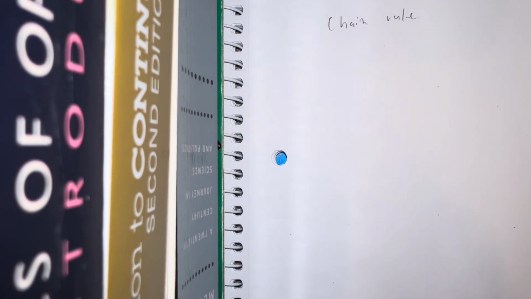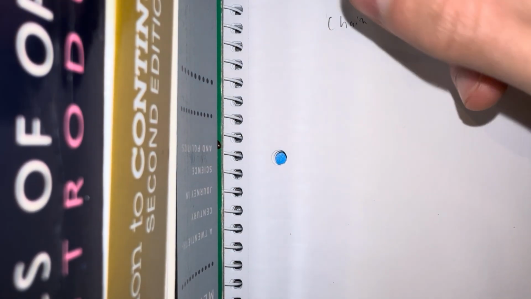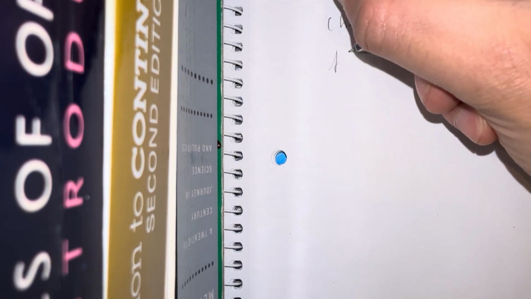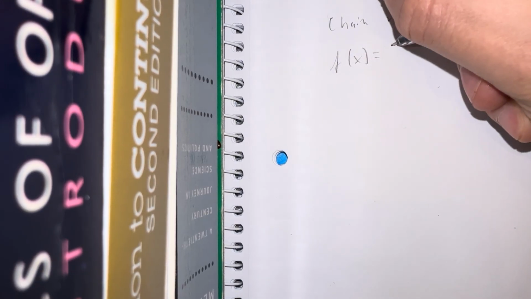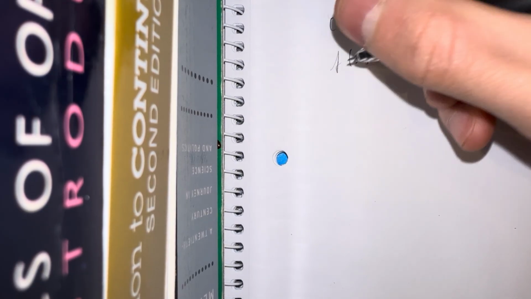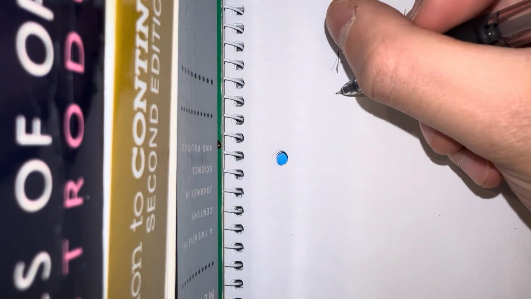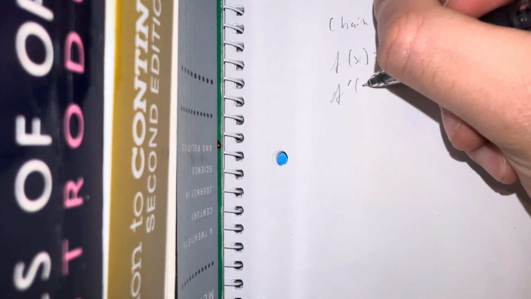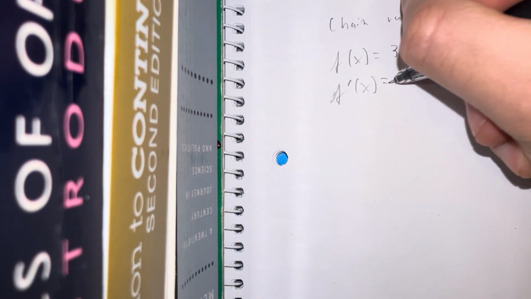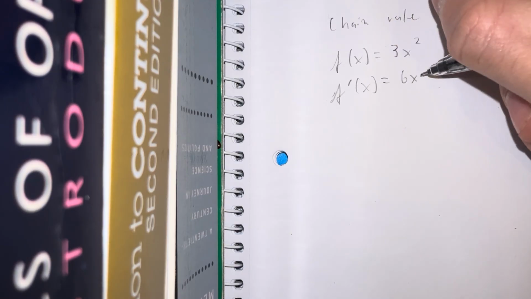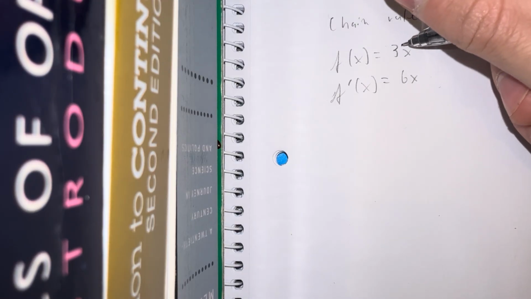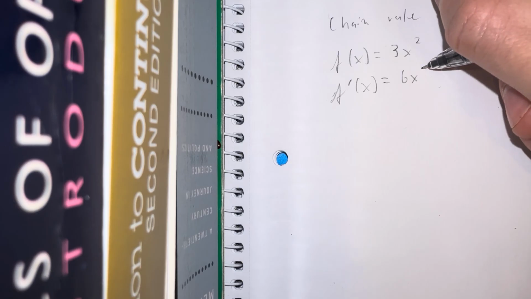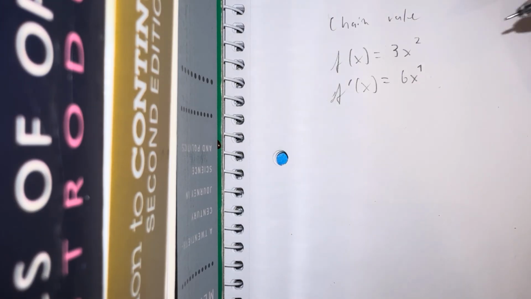I'll show you how to do derivatives using the chain rule. So say I have a function f of x is equal to 3x squared. Doing the derivative here is straightforward. We get 6x. We pull this 2 down, we get 3 times 2, and we reduce this one from 2 to become a 1, but we don't write the 1 because it's hidden. It's just